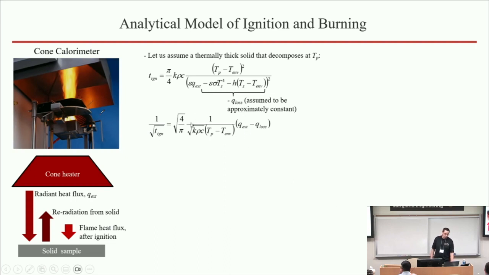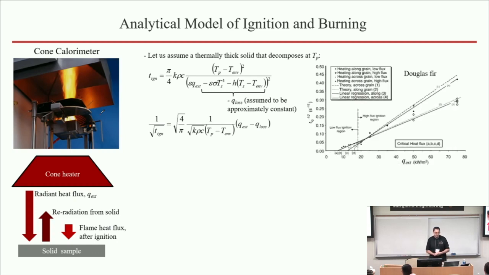And that coefficient of relation in this denominator is frequently referred to as the thermal response parameter, which combines all the properties related to material: thermal conductivity, density, and heat capacity. Making this assumption, you produce a tool that can both analyze your data in a device like a cone calorimeter and also a tool that can interpolate or even extrapolate to other flaming conditions other than those used to study that material of interest.